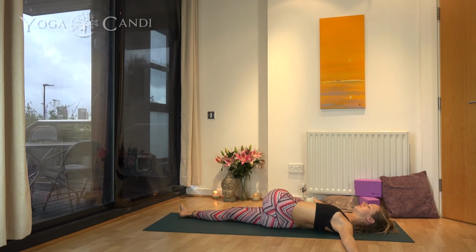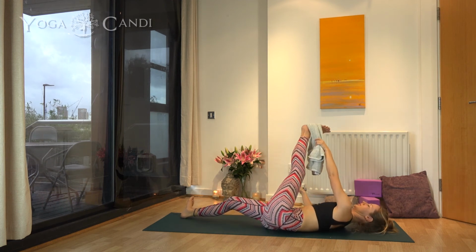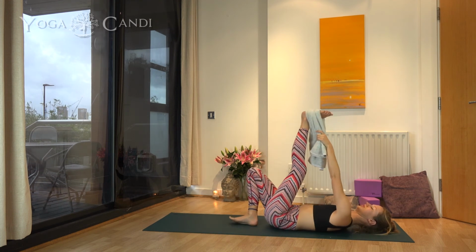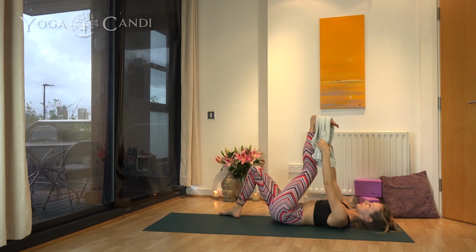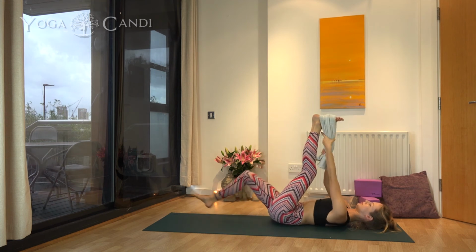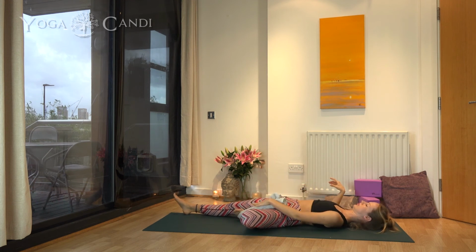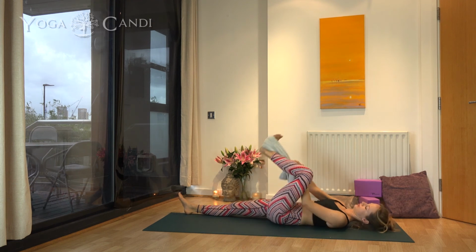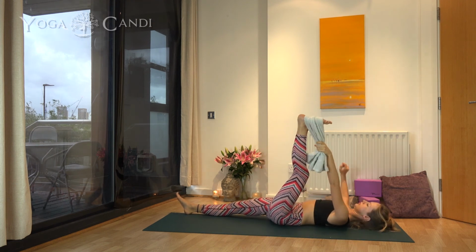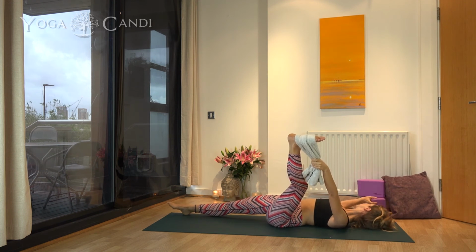Using the strength of that leg, let's take it all the way up into the sky. You can use your towel to help you get there. Let's place our hips back into the center of our mats. Straighten your right leg once again. And either bend your leg, keeping it in towards your body, or open it, keeping it as straight as possible,